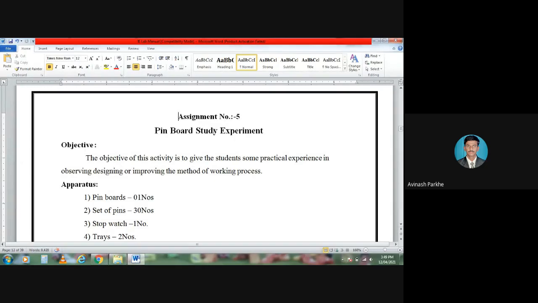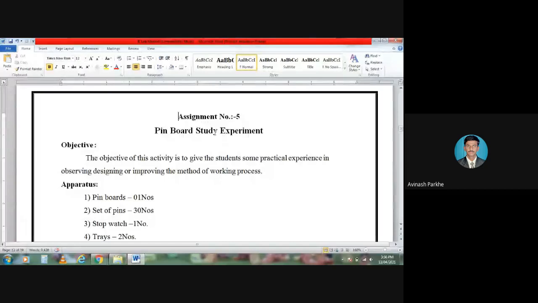From that experiment we have to observe the following. If I have to perform any task, I have two methods. By method number 1, I can complete that particular work, and I also have a second method. In that second method, I have made some modifications as compared to method number 1. The time required to complete the same task by using the second method is very less as compared to the first method, and that experiment we